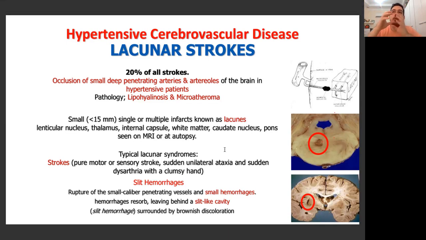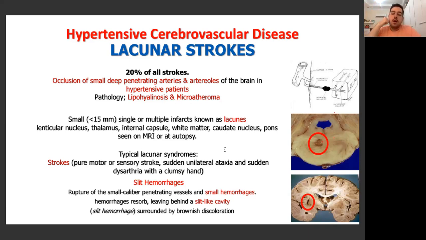If the infarction is big enough to affect the area surrounding the internal capsule, which is the thalamus, and we know that the thalamus is the major area for sensory information in the brain, then it can present with contralateral sensory loss as well. So how can we distinguish lacunar strokes from, let's say, MCA stroke, which also presents with signs of weakness or